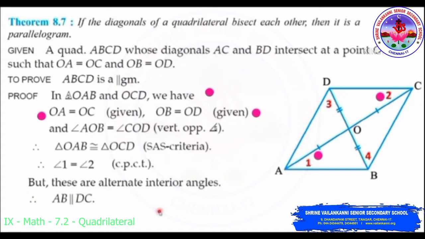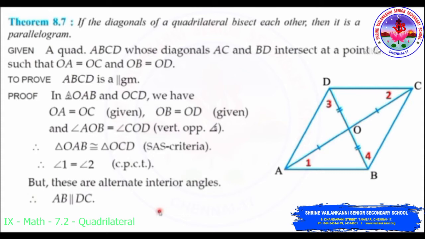These two sides are involved in the triangles AOB and COD, and we find that the third angle, angle AOB, is equal to angle COD by vertically opposite angles. So we have two sides and one included angle of triangle AOB and triangle COD equal. So I am going to use the SAS criterion: triangle AOB is congruent to triangle COD. So we get angle 1 is equal to angle 2, where angle OAB is angle 1 and angle OCD is